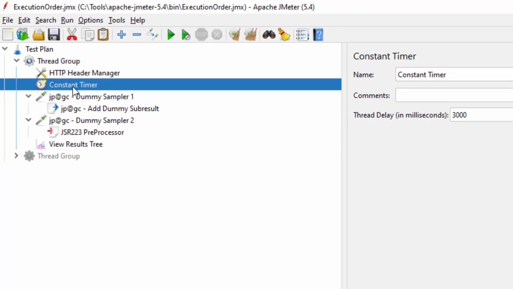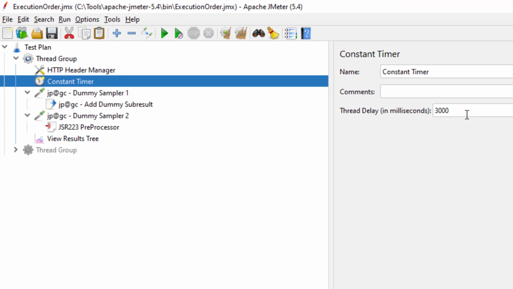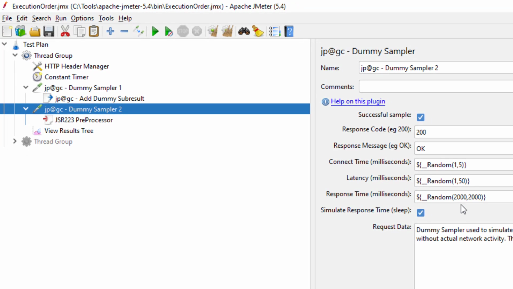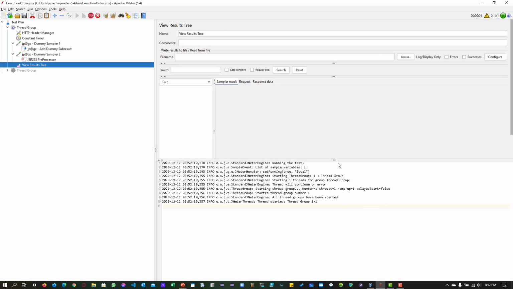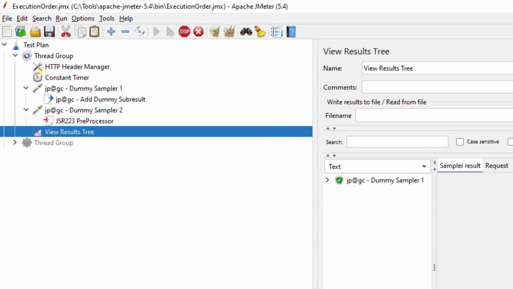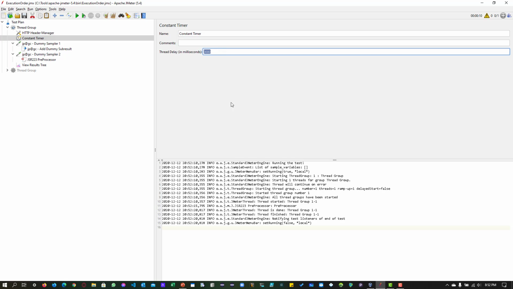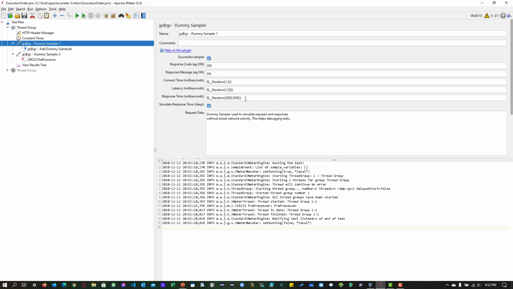In this particular thread group, I have the constant timer of 3 seconds, and the dummy sampler 1 will have the response time of 2 seconds. And similarly, dummy sampler 2 also will have the 2 seconds response time. Whenever we execute this test plan, first it will execute the header manager because it's a config element, then the timer of 3 seconds plus the response time of dummy sampler 1, then the timer, then the dummy sampler 2. So totally, the total duration will be 10 seconds because the constant timer is 3 seconds plus the response time will be 2 seconds,